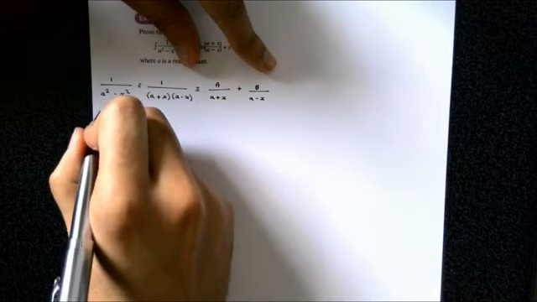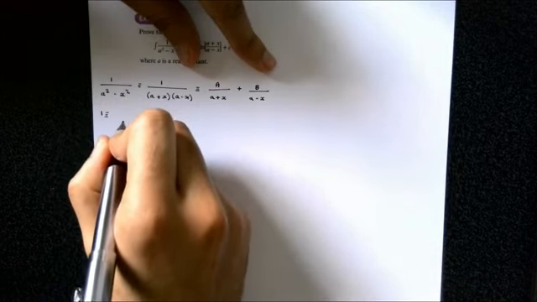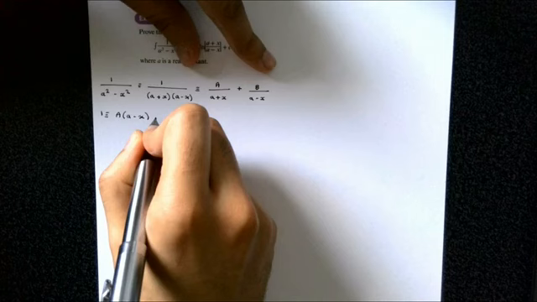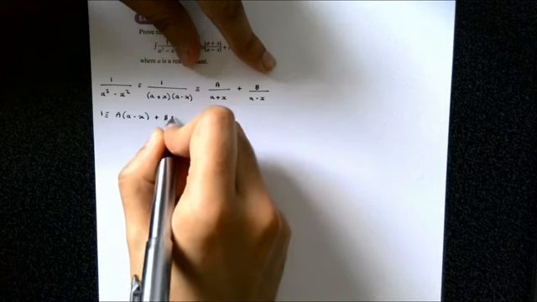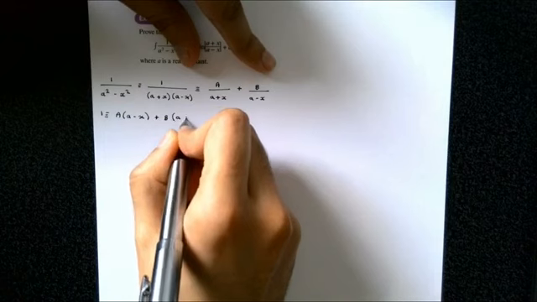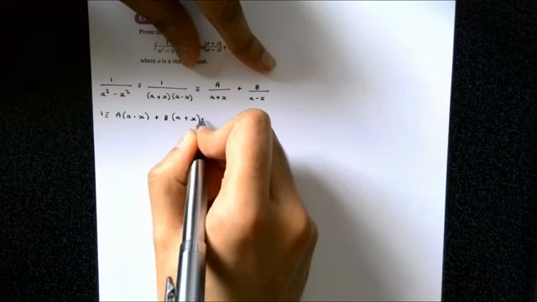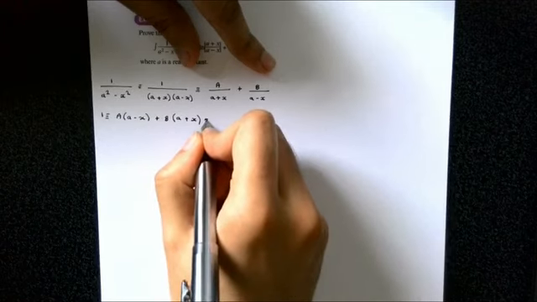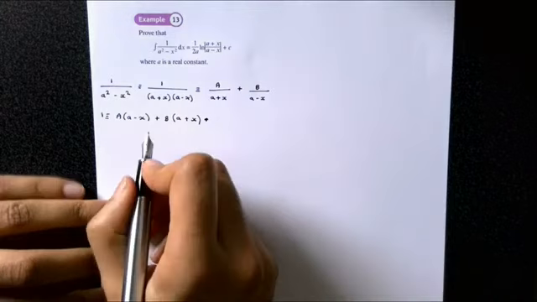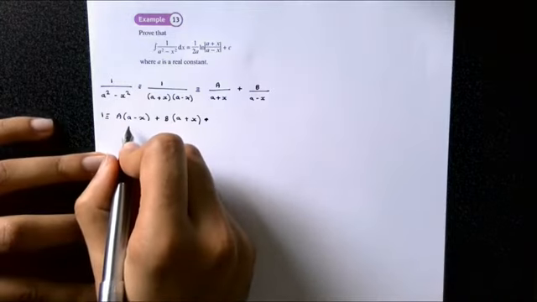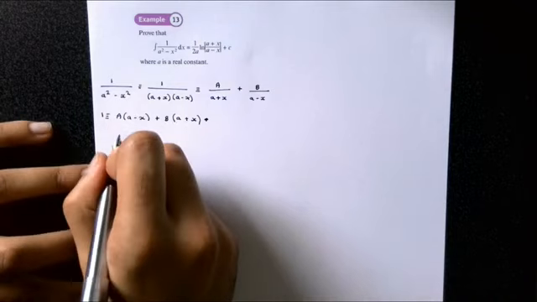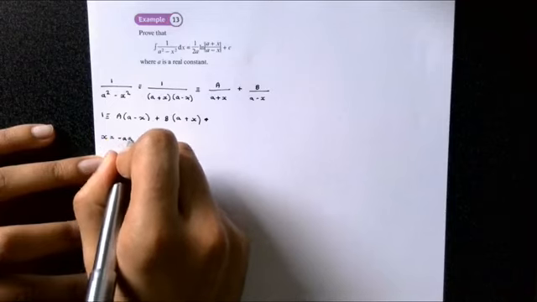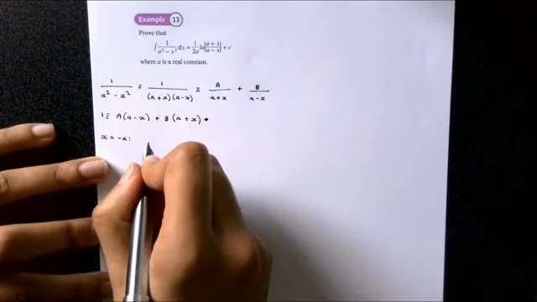you can see over here we end up with 1, which is equivalent to a lots of a minus x plus b lots of a plus x. And this is what we'll be working with. Now, we need to choose values of x such that brackets disappear. For example, when x is equal to minus a, the b bracket disappears. We're left with